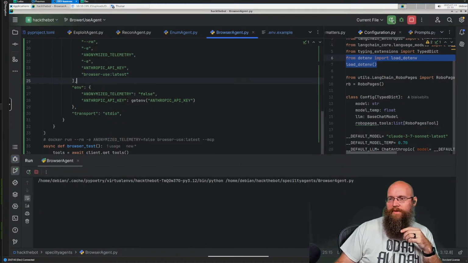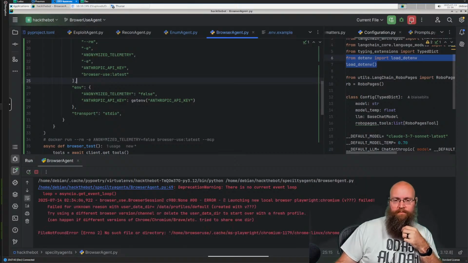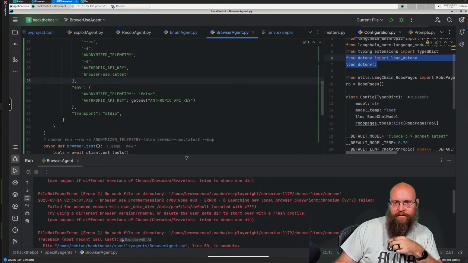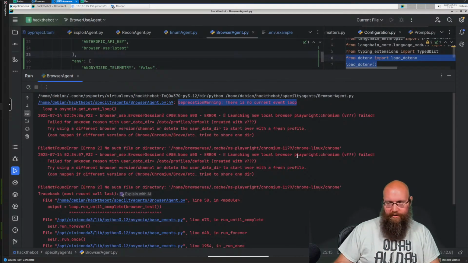All right, let me run this again. As soon as I start seeing it throw errors, I'm going to stop it so we can take a look at what it's doing here. Okay, kill that right there. Bring this up. All right. So first thing I've got to look at is, I need to know what this error here is doing.